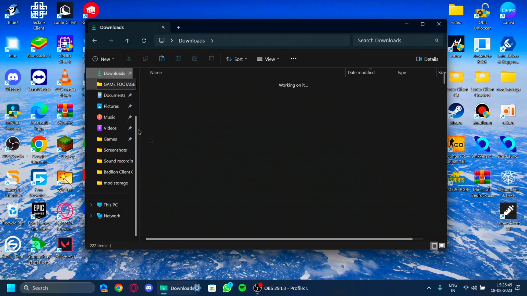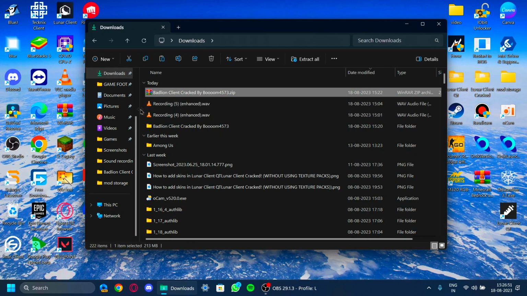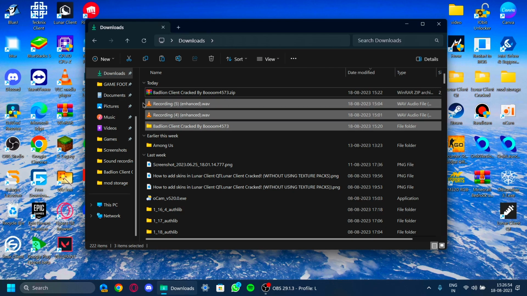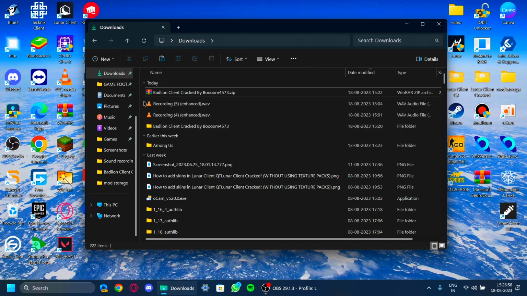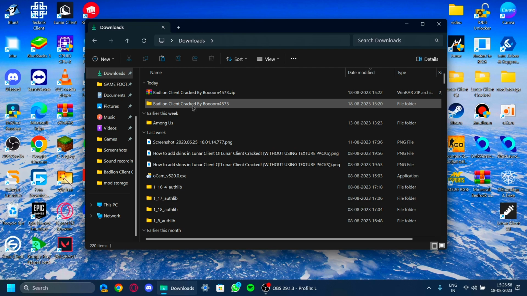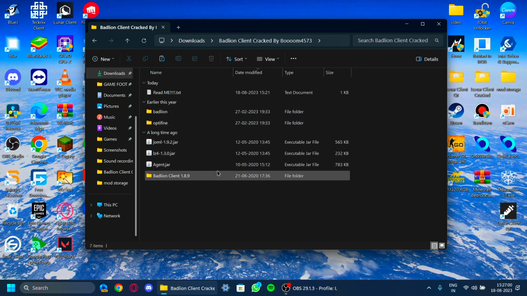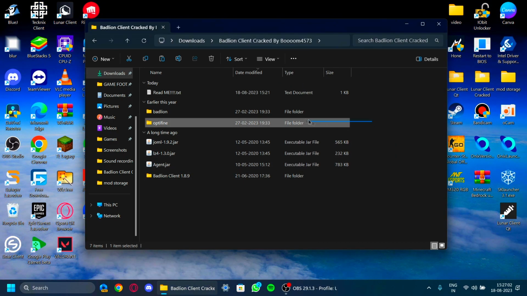So firstly, open your file explorer and download this zip file. Link will be in the description. After extracting it, you will get this folder right here. Open it and just copy these two folders, Badlion and Optifine,